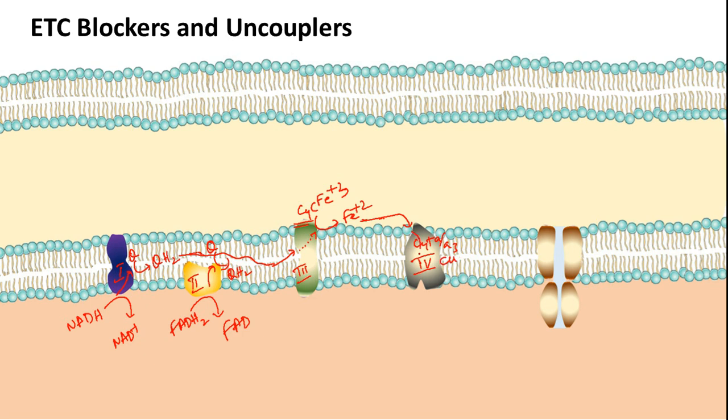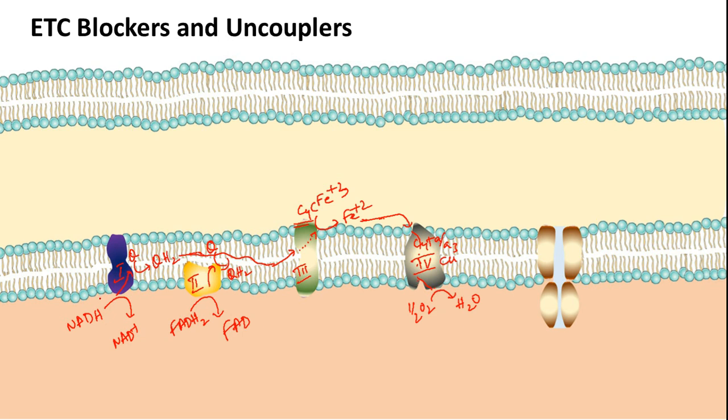Through this network of cofactors, electrons are shifted onto oxygen, so oxygen is reduced to water. This is exactly what is happening in the electron transport chain. Two electrons are moving from complex 1 or complex 2 to complex 4.